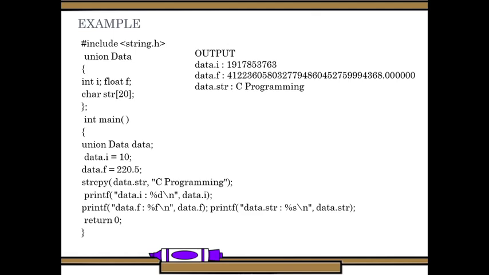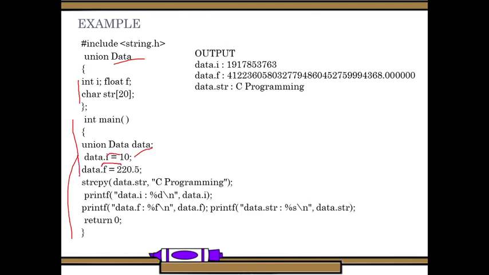Here is one example, like include string.h we are using, and then union, where the name of the union is data, and then variables are these, and then the main function. The values we assigned: i is an integer and f is a float, right?